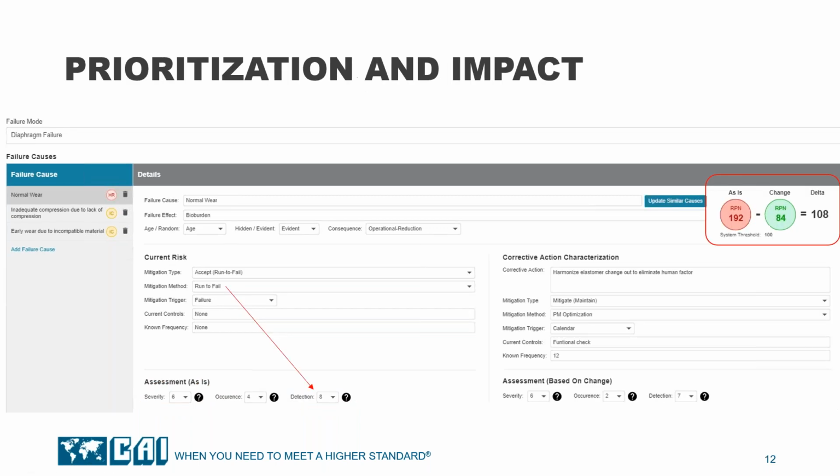In this next slide, I've taken the same failure mode, but I've switched it up a little bit. In this case, we said we're not going to do a change out. We're just going to run this thing to failure, and there's little to no detection. So it forward projects over here a detection score of an 8, and then I artificially bump the occurrence over here to a 4. You'll find this other screen pops up and says, okay, your RPN value is 192, which is above your threshold. What are you going to do about it?